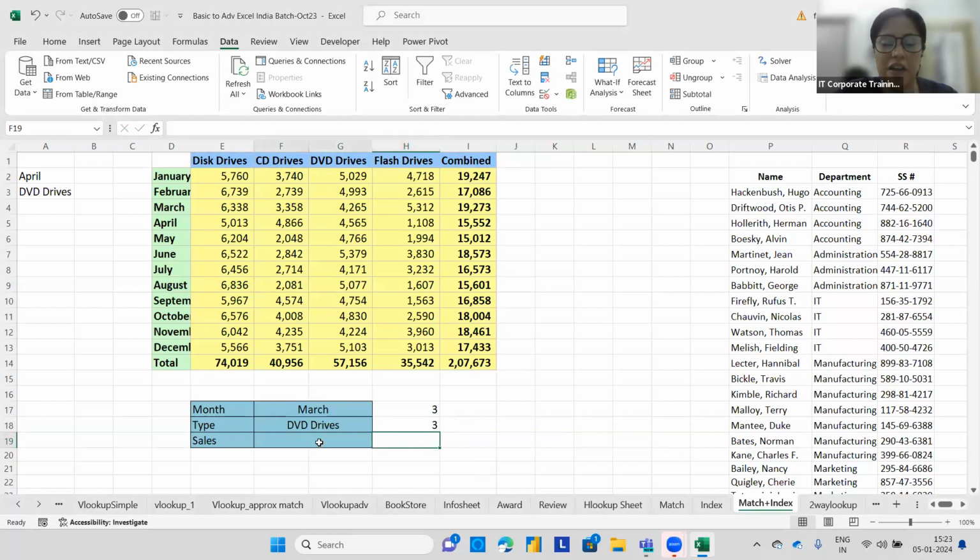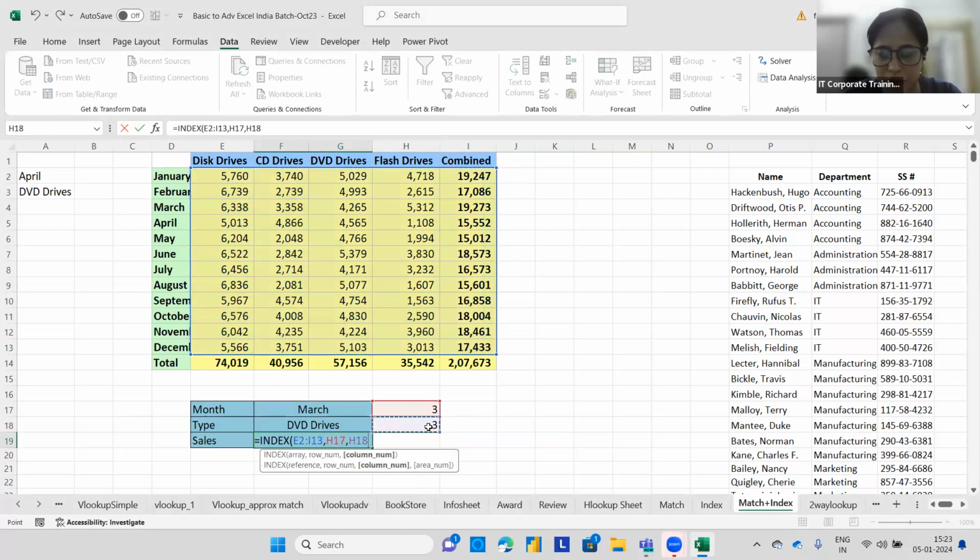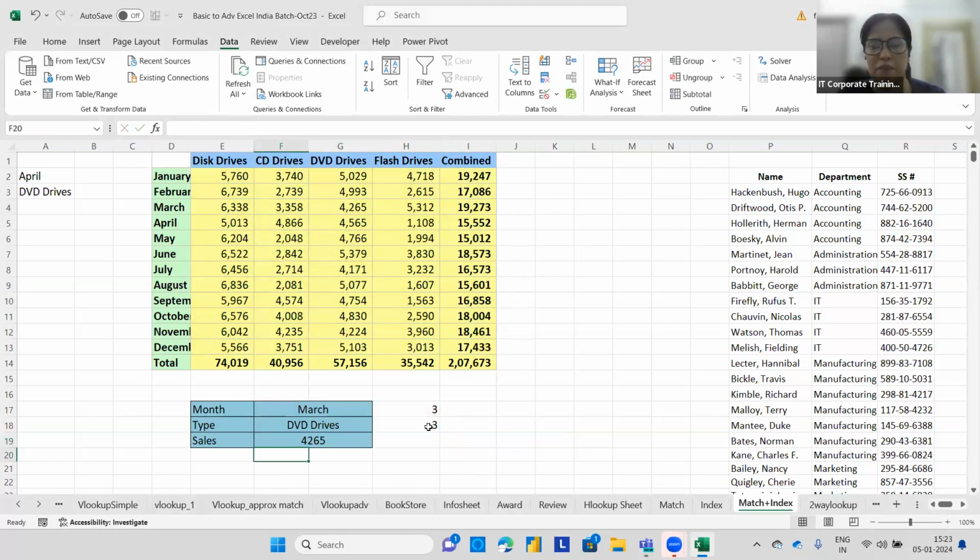Yes. Now you will apply the index. Coming here, you will write again index. You will select the array, which is this part. You have the row number. You have the column number. You will close the bracket and you will press enter. So March DVD drives is